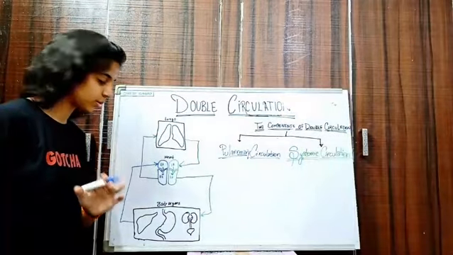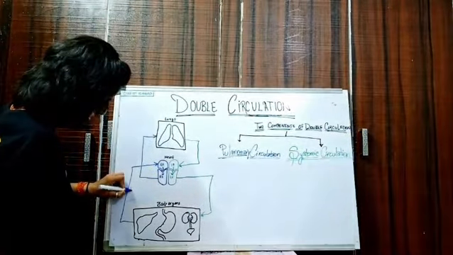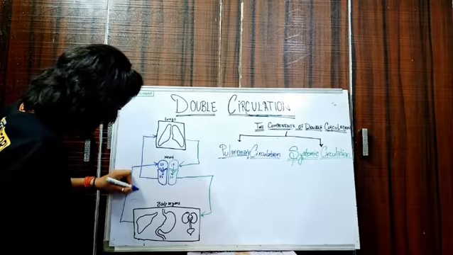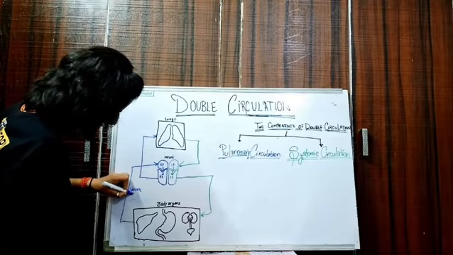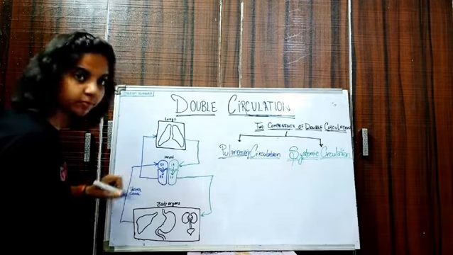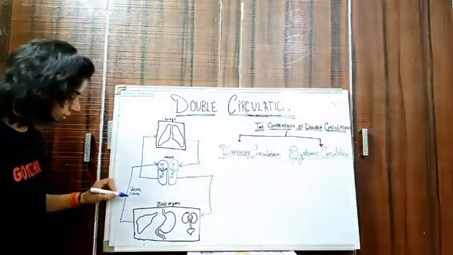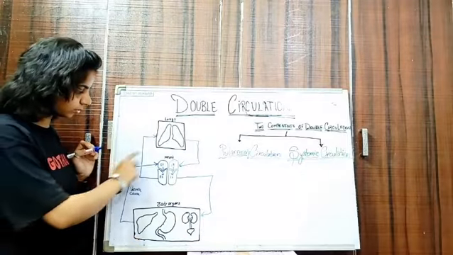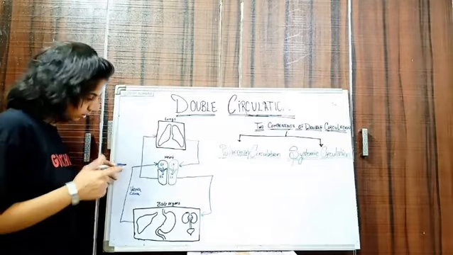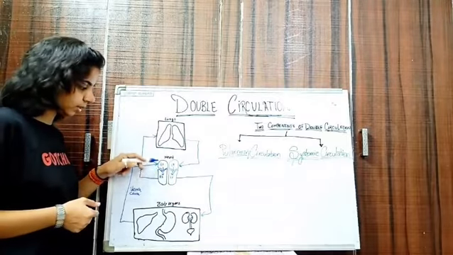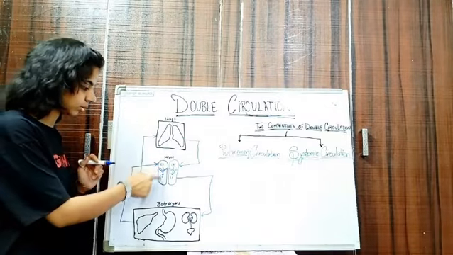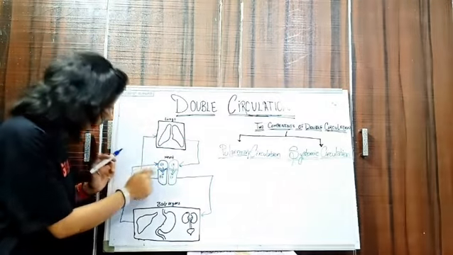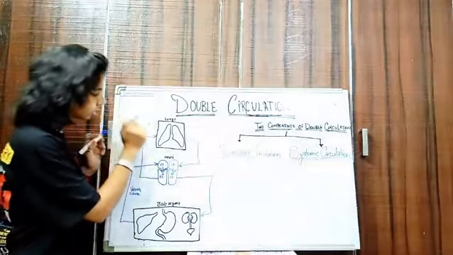The vein is called vena cava, which carries deoxygenated blood from body organs to the right atrium. Now from the right atrium, the deoxygenated blood transfers to the right ventricle. From the right ventricle, again this deoxygenated blood is carried